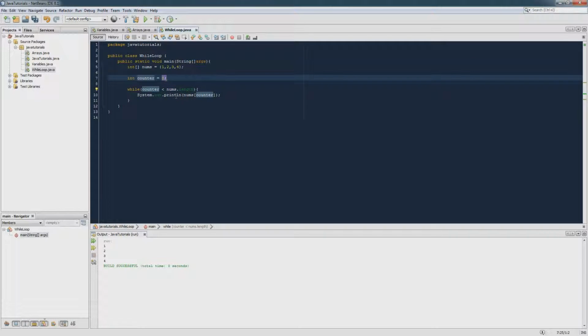It's going to say counter is 0, nums.length is 4. So it's going to say 0 is less than 4. Yes, it is. So it's going to come here. It's going to print out the 0th element of nums, because counter is 0. All right. Then we need to increase counter, because otherwise it's going to come back up